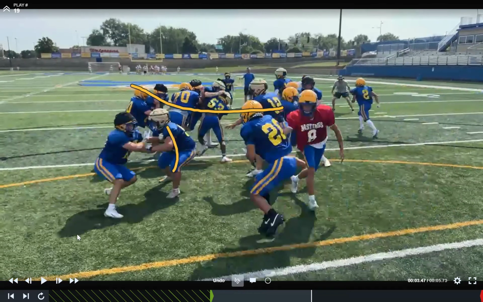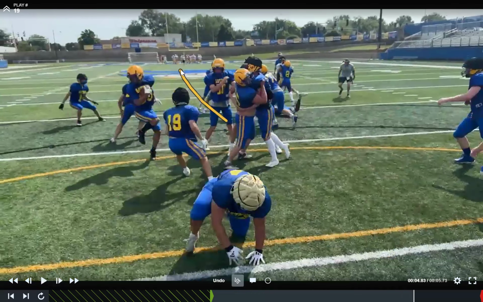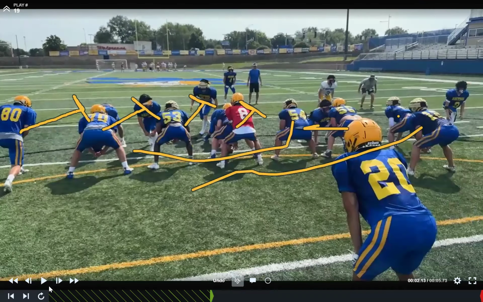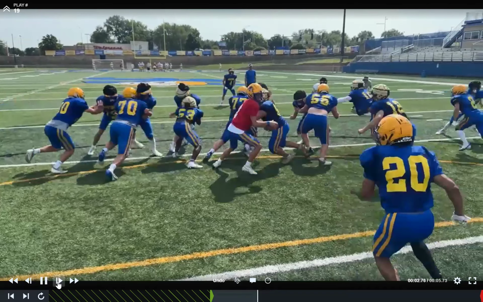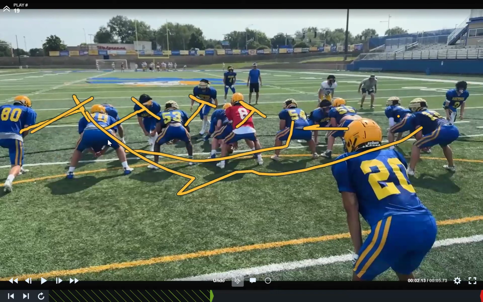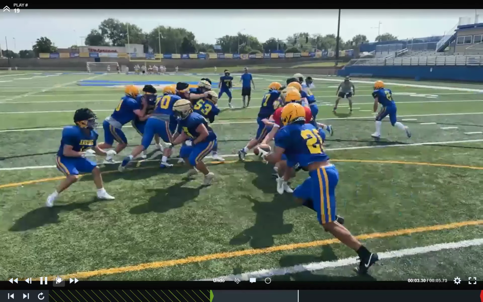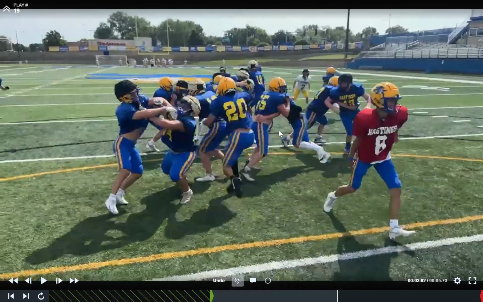We've all created the wall. And now we're able to get into the hole there. That's what we need. Okay. So I've got the C gap, I've got the B, I've got the A, I've got the A, I've got the B gap right here. Okay. And that's how we create that wall. We create that wall right here.